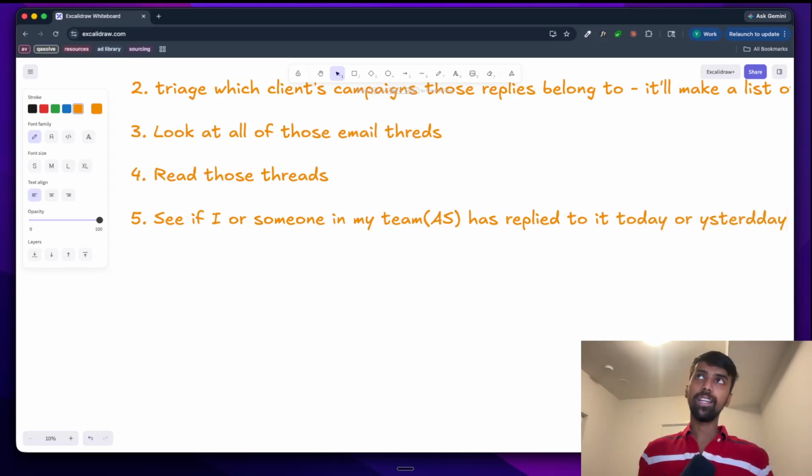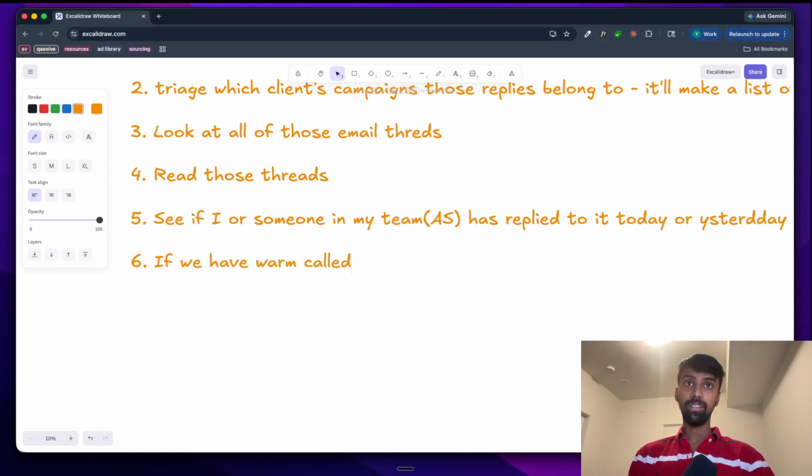I try to maintain either a daily cadence or a every-other-day cadence of replies. It will also see if we have warm called the prospect